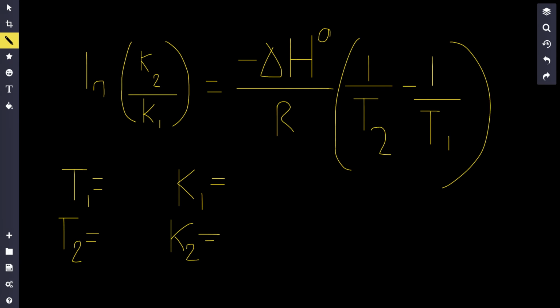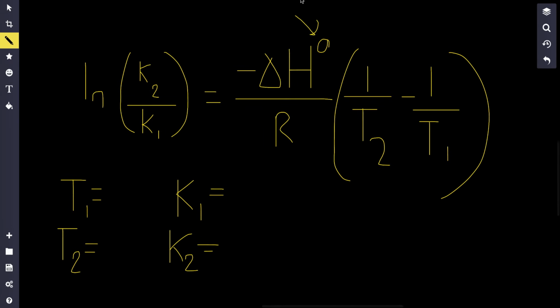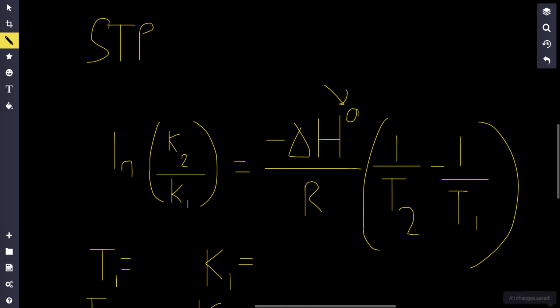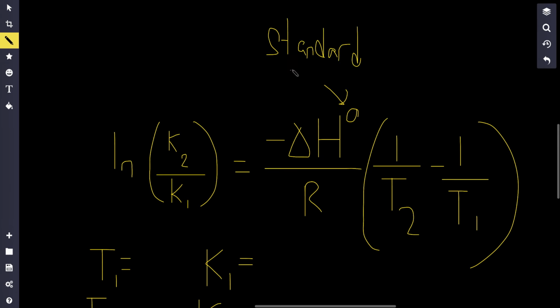Actually, one more thing, in case you don't know what this knot is. You might have heard this phrase before: when people say something is at STP, that just means the reaction is at 0 degrees Celsius, and the pressure is at 1 atm. So it's used as a basis of comparison for reactions. Now, this is something known as the knot symbol, and it represents